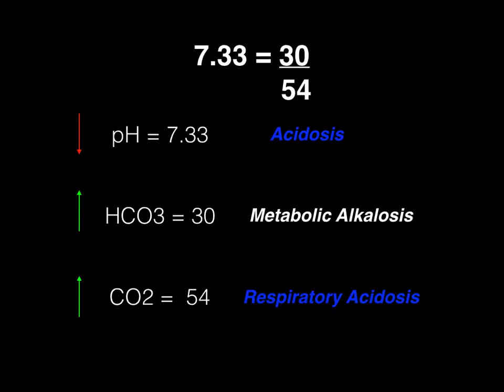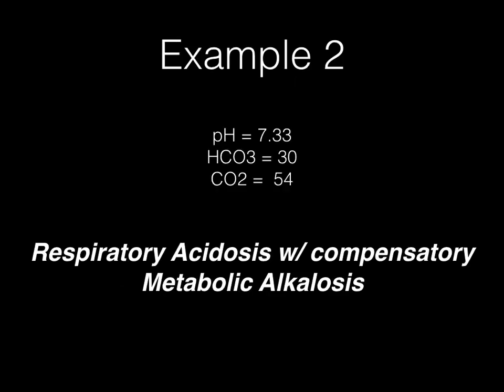And then we're going to ask ourselves, does that make sense? Well, respiratory acidosis means that carbon dioxide is causing a decrease in pH, which means the body is going to use the opposite system, which is the bicarb or the metabolic side, to drive the pH back up because it's decreased. And that makes sense because a metabolic alkalosis is just that. Metabolic alkalosis would be an attempt to fix a respiratory acidosis. So when we name this one, we call it a respiratory acidosis with compensatory metabolic alkalosis.